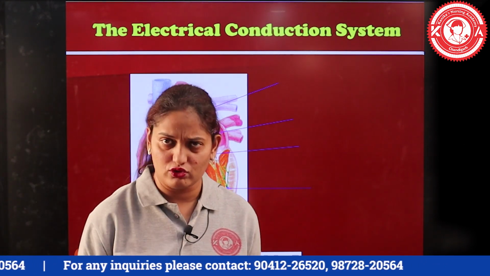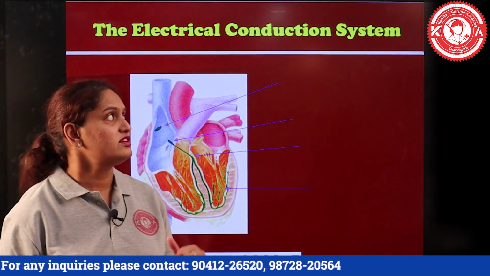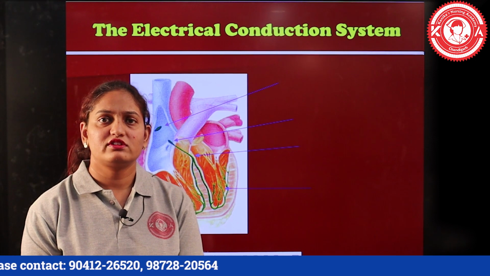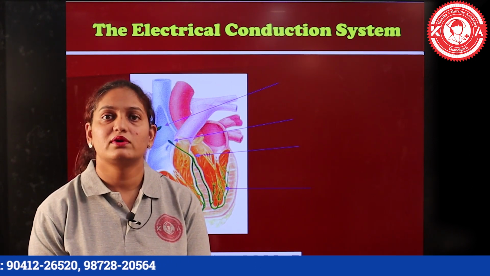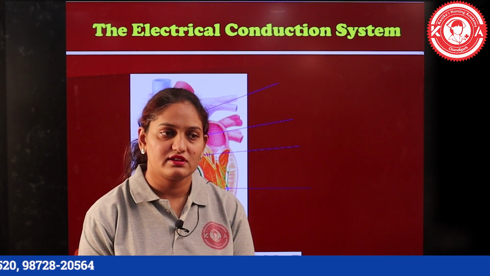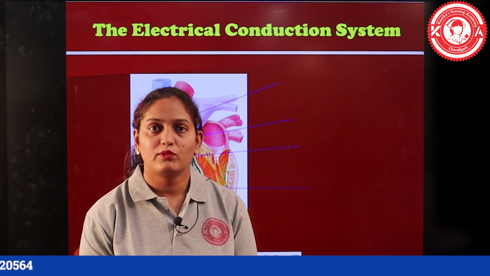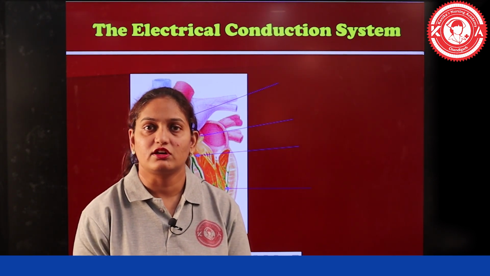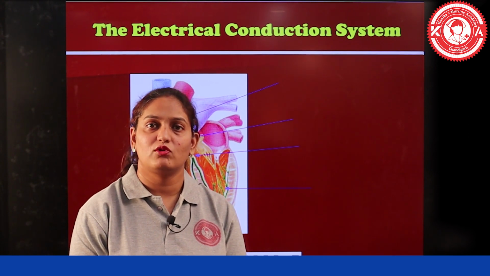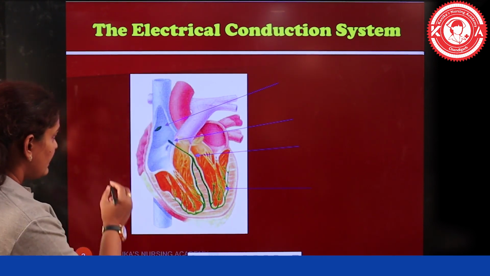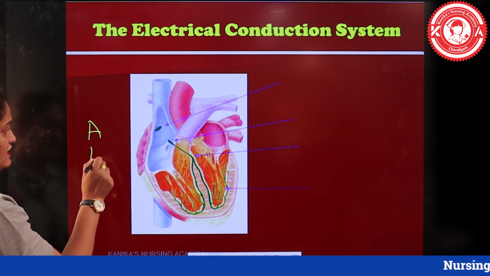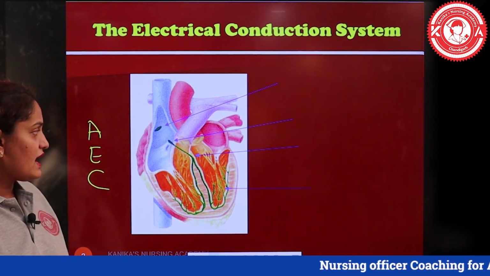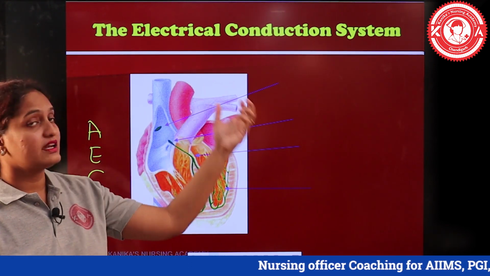Starting first of all with the cardiac conduction system, or electrical conduction system, I will make all of you recall the previous class in which we discussed that the middle layer of the heart is made up of myocardium, the cardiac muscle cells, and all the cardiac muscle cells have electrical properties by the name of A, E and C. A is automaticity, E is excitability and C is conductivity, and based upon these electrical properties the cardiac conduction system actually works or functions.